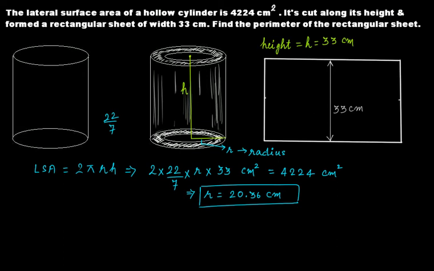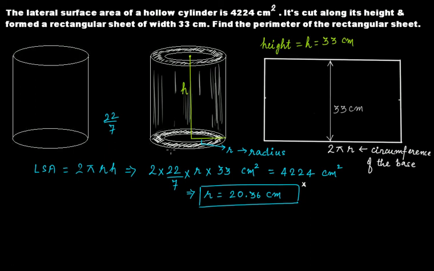Now, since you have the value of this r, the length of this rectangular sheet will be 2 pi r. And what is this 2 pi r? 2 pi r is the circumference of the base of this cylinder. We have discussed all these things. So when you cut this open,